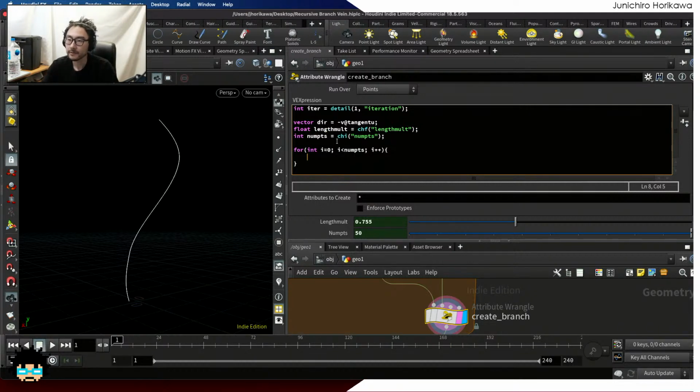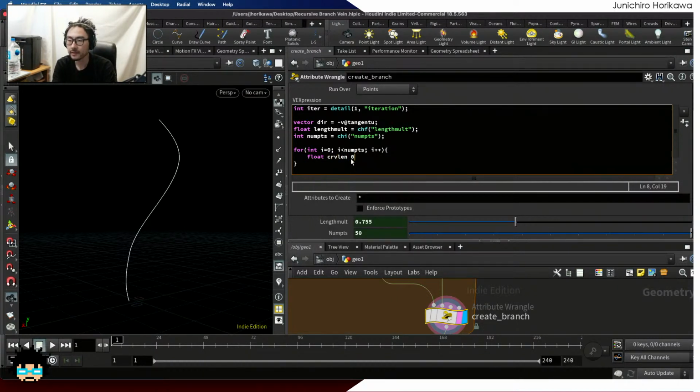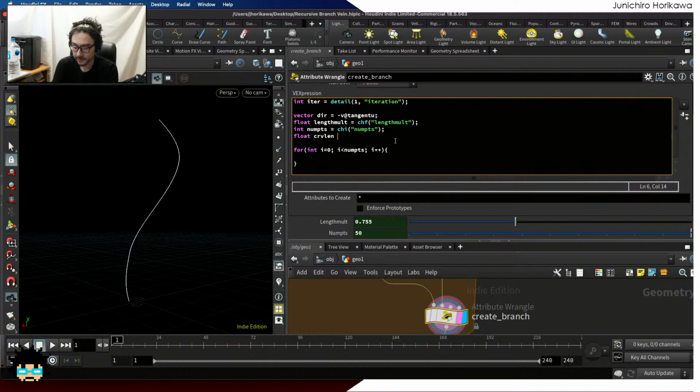And I also have the lengths by multiplying 1 by this length mult. Okay, so let's change the lengths. Let's get the final length for each iteration first. The curve length can be calculated. Maybe I can calculate this outside the loop. The curve length can be calculated by